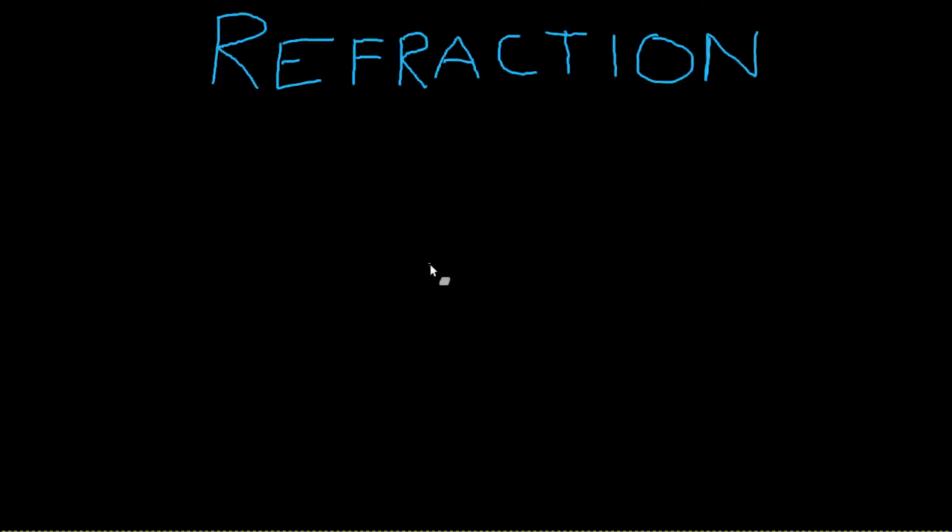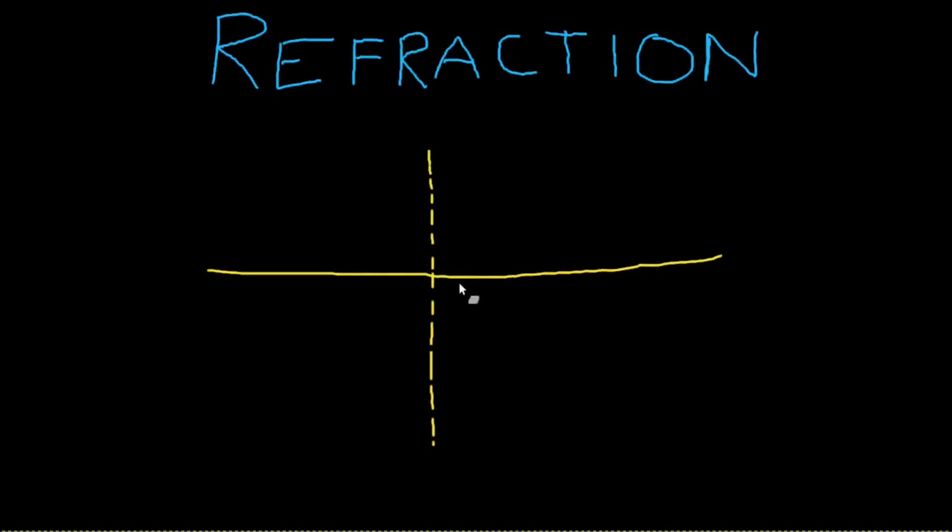Now refraction, guys, as I already told you in previous tutorials, I'm using Concise. So the definition that Concise tells me is that refraction is a change in the direction of path of light when it passes from one transparent medium to another transparent medium. So guys, what this basically means is that if I have this surface right here, it's any surface, and this is my normal. The normal is always perpendicular to the surface,